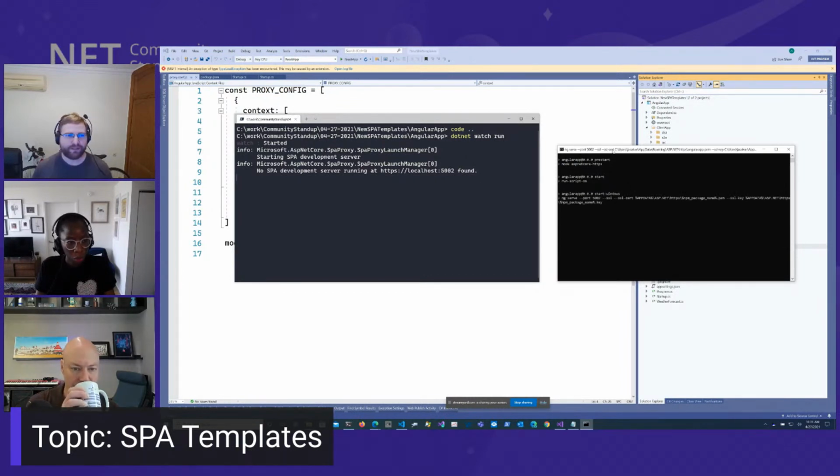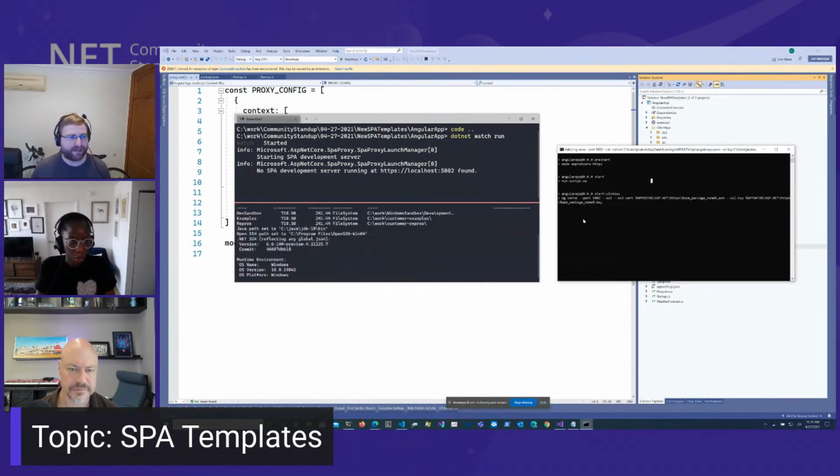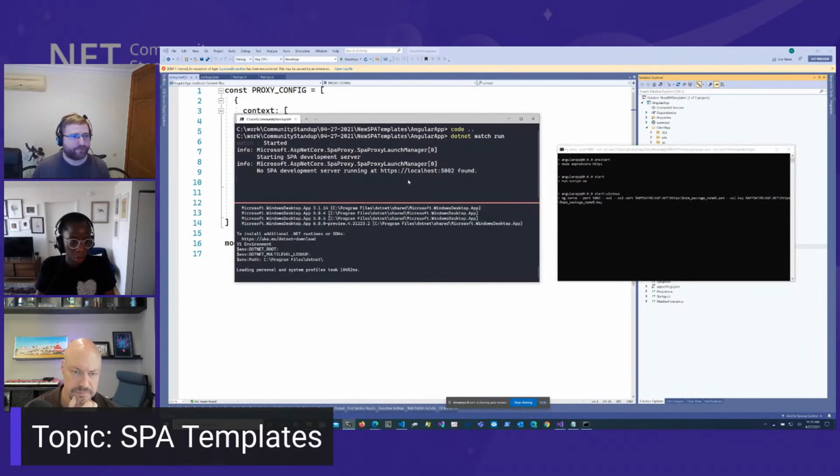Ah, okay. So you could technically be fancy and do like this, and then just have your proxy here and your CLI here. Yeah, and the Angular one is going to take a bit to start, but you can see that is, again, just starting up the CLI with everything configured to use your server. So hopefully this doesn't take forever,